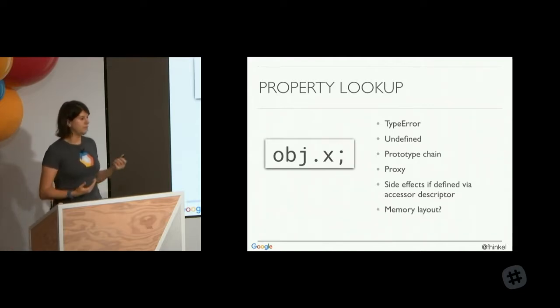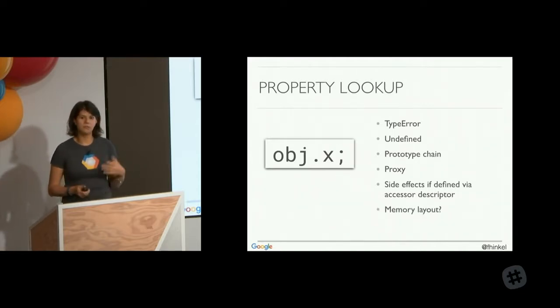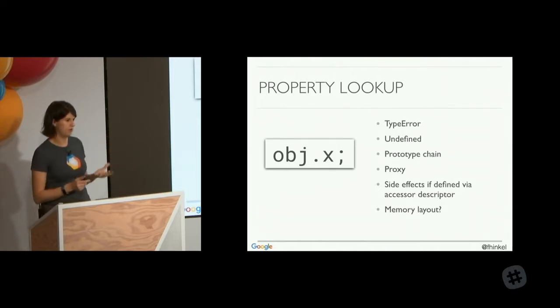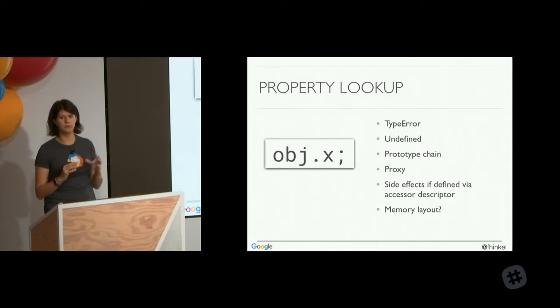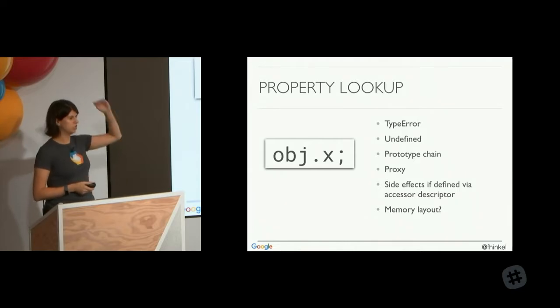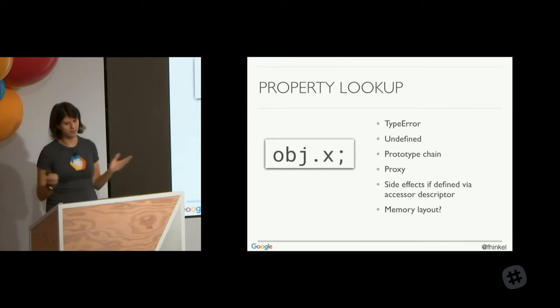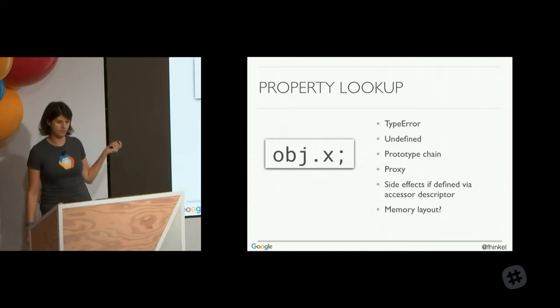And even if X is defined on the object, the compiler still doesn't know where to find the value of X in the memory layout of object, because the compiler doesn't have a blueprint of this object. If it's C++, the compiler knows, OK, object belongs to the class object, and this is the memory layout, and it's never going to change. A JavaScript compiler, sadly, doesn't know a lot. So there's a lot of things that can happen for something as simple as this.